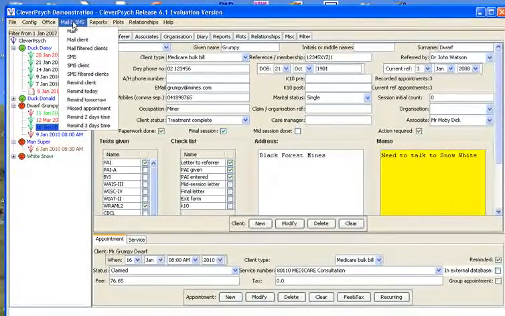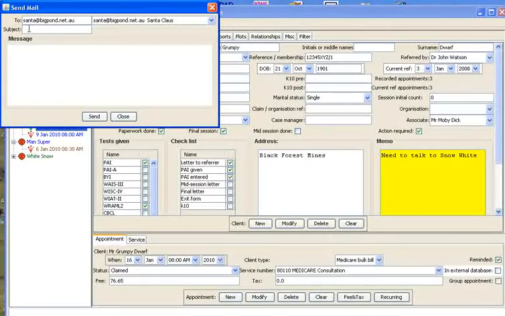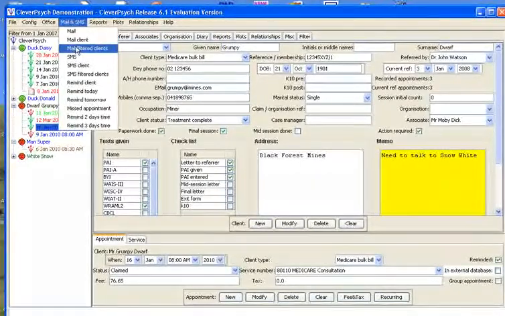Now, once you've configured your mail and your SMS, you can do some basic things, like you can just send out mail more or less in a similar way to what you'd use Outlook. But you can do other things, like you can mail to a set of filtered clients. So I can send mail to all the clients you've got in this list over here, or at Christmas time you want to send a Merry Christmas SMS out to all your clients. You can filter, get perhaps all the clients you've seen during the year, and send an SMS out to the whole lot. And similarly for mail, you can send to that list as well if you wanted to. We also have a